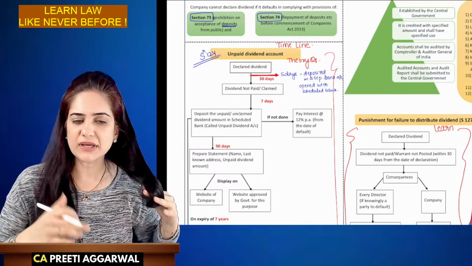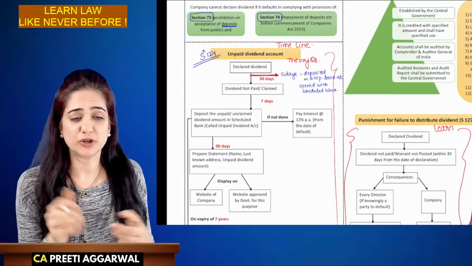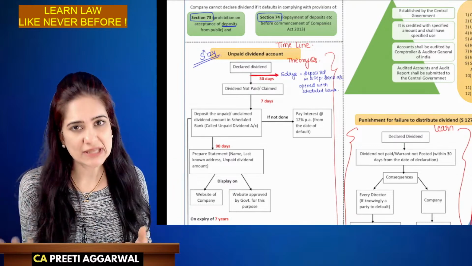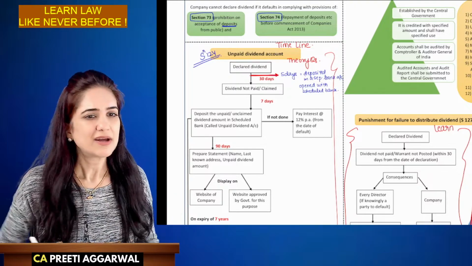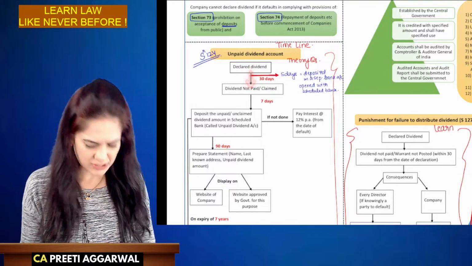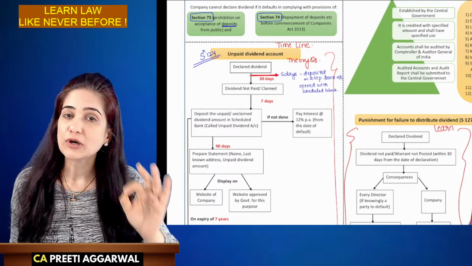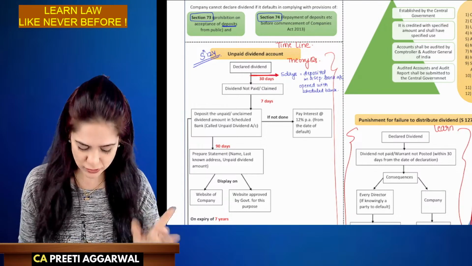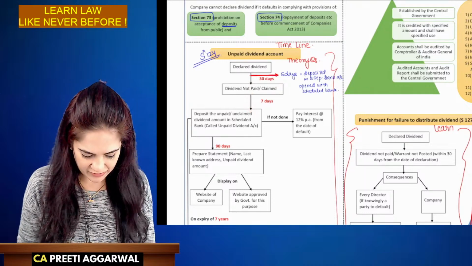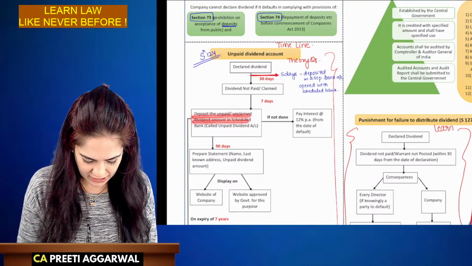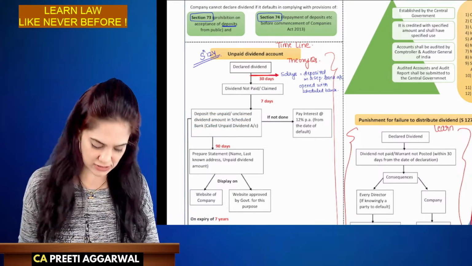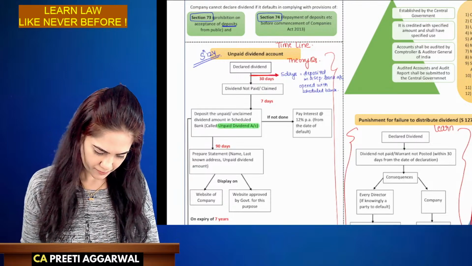Now see, if money is going in the bank account, very good. But if you are giving check or you are giving warrants, they should deposit that check. They should exercise that warrant. They should go to the bank, obtain money. People are lazy. Within 30 days, they should have done all this, but they are lazy. So law says that within the next 7 days, as soon as your 30 days are over, the company will deposit that unpaid or unclaimed dividend in a separate bank account, again opened with a scheduled bank, which is known as the unpaid dividend account.